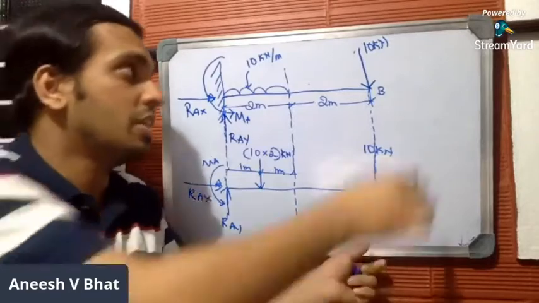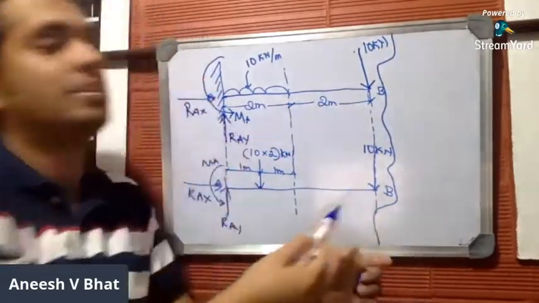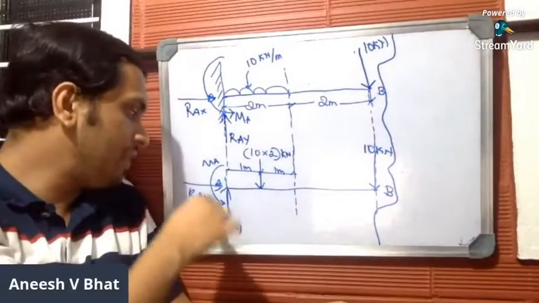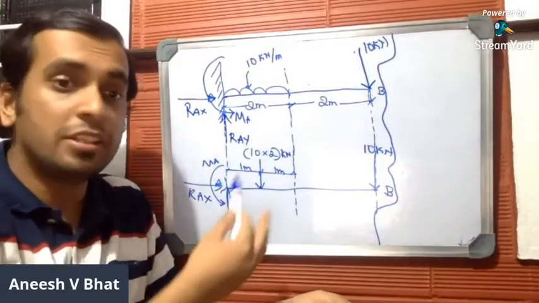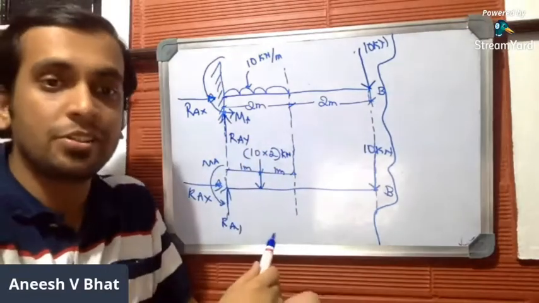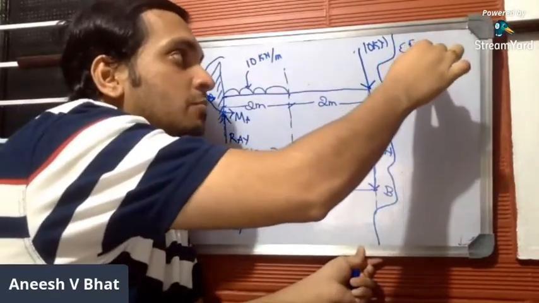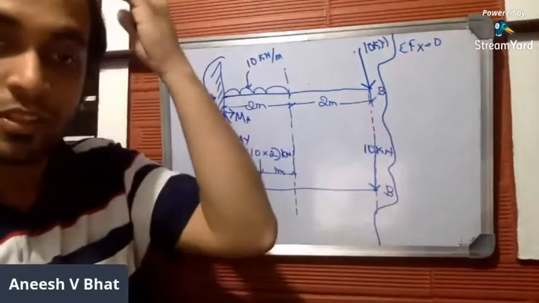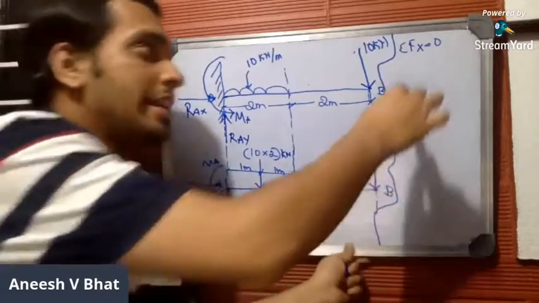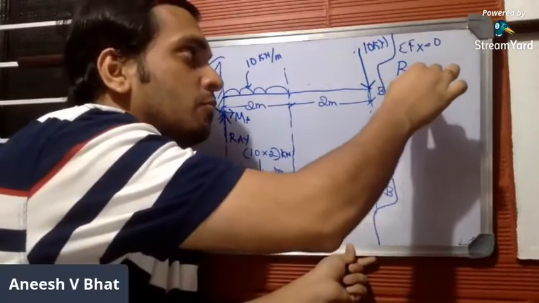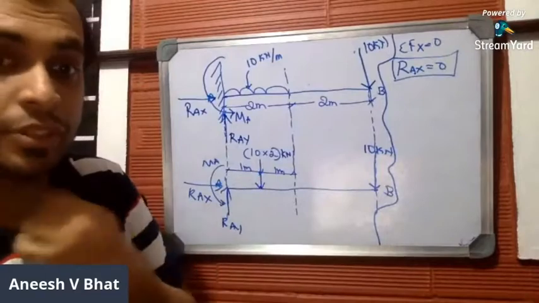It's very easy in this case. Let us apply the conditions of equilibrium. We need all three support reactions, RAY, RAX, as well as the moment about A, so you have to apply all three conditions of equilibrium. Let us apply the first condition, summation of Fx equal to 0. There is only one force which acts along the x direction, which is RAX. So RAX is straight away equal to 0. So we got one of the support reactions as 0.